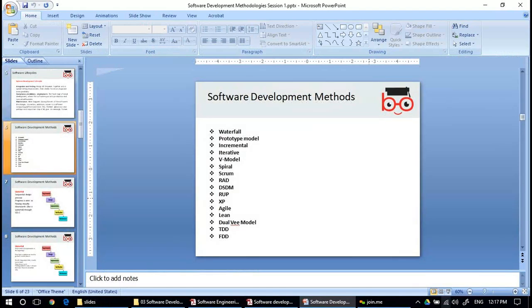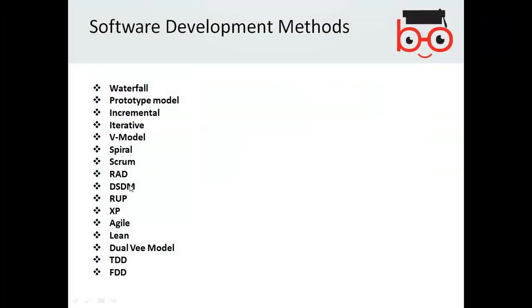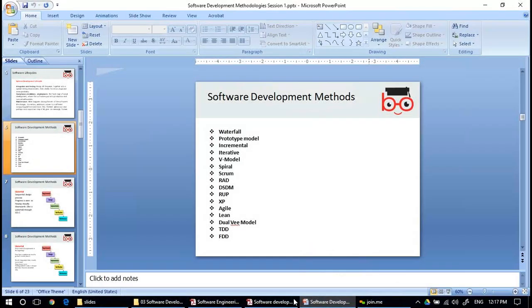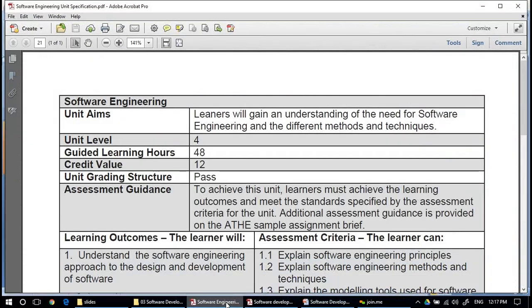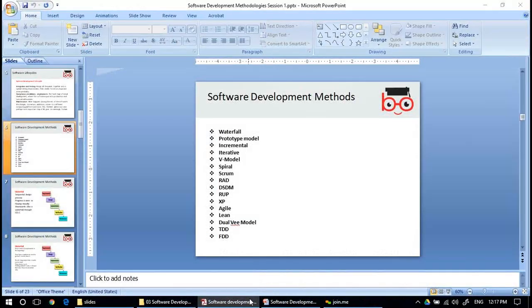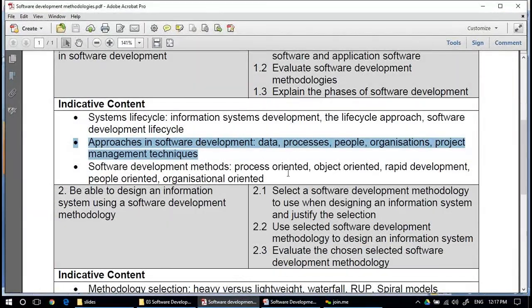These methodologies, like waterfall and prototype, fall into these superficial processes like process oriented, object oriented, rapid development, agile, and these things.